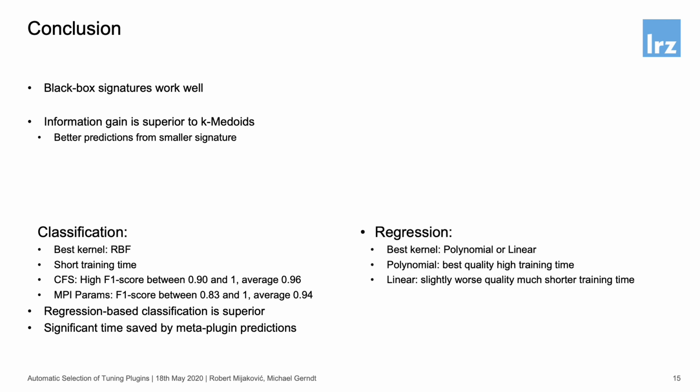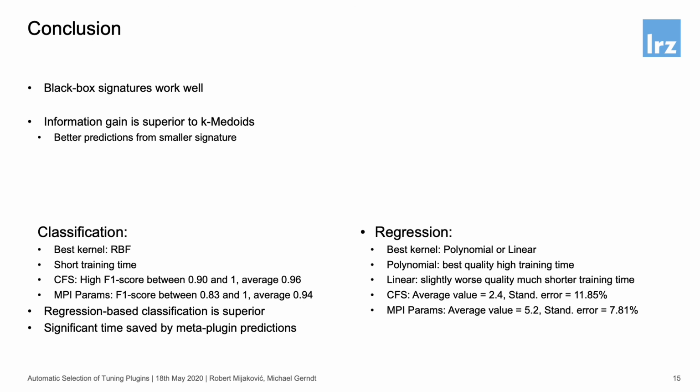Okay, for regression, we can see that the best kernel is polynomial or linear, if we take into account training time. The polynomial kernel is slightly problematic because it takes a significant amount of time to be trained, and if we take into account also training time, I would say that the linear kernel is also very good and probably the better choice if you want to minimize the training. Okay, so the